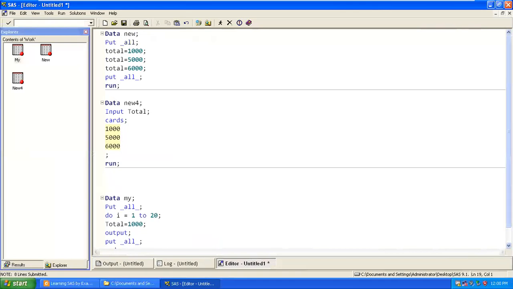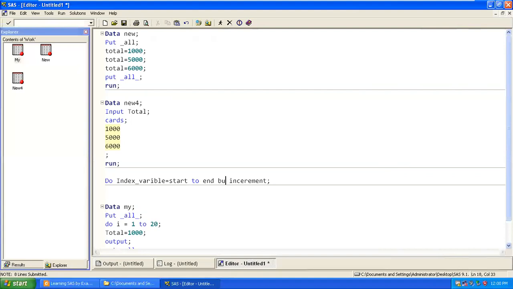The general syntax for a do loop is do index variable, where the variable is nothing but the name of an iteration heading. Then start to end by increment.